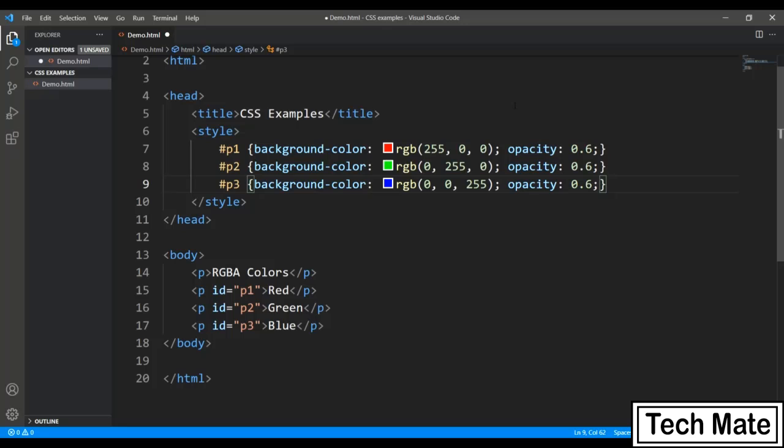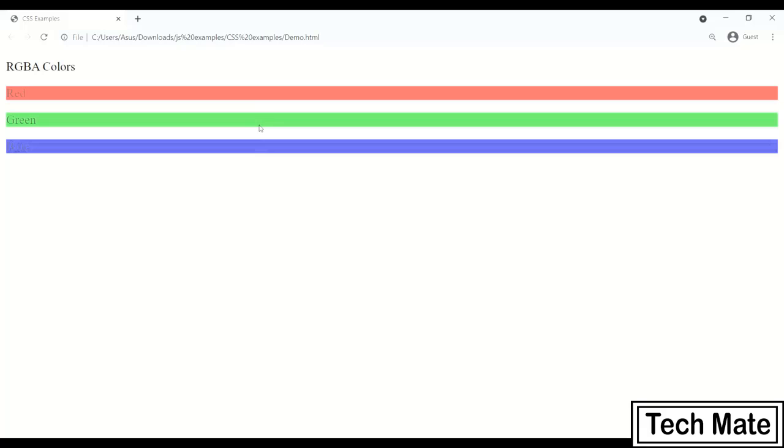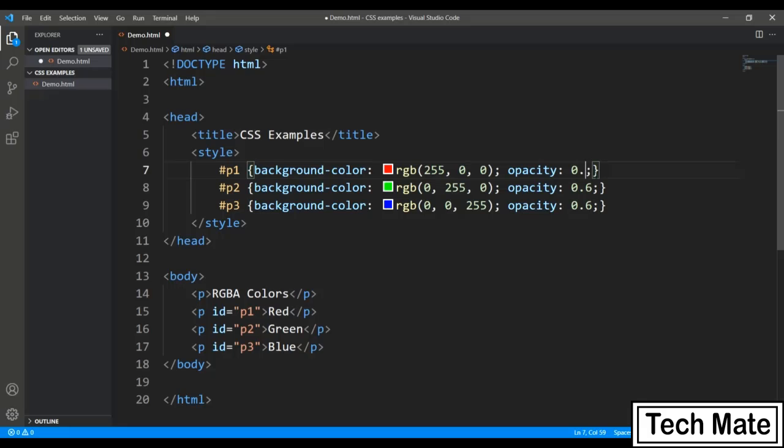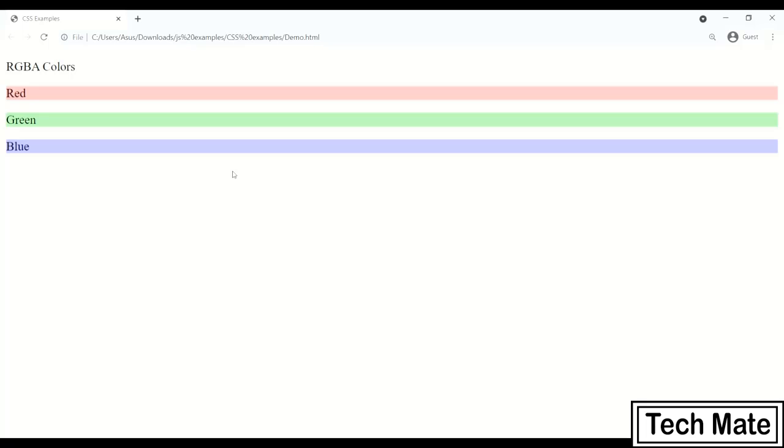Similarly, you can also use the opacity keyword to set the opacity. Here I'm doing a similar thing, but using another style. I'm using the RGB method, not RGBA, and apart from that I'm using another keyword, opacity, and passing the value 0.6. When I refresh, you can see it is 0.6, and like in alpha where we were passing 0.3, I can do that in opacity as well. This is how it will be displayed.